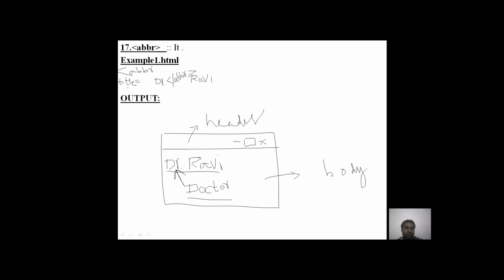So title is equal to doctor. I am closing the abbreviation tag. So Ravi will be displayed automatically on the screen. Since I am using DR text inside the ABBR tag, DR will be treated as an abbreviation. Whenever the user places the cursor on this DR text, I have written title equal to doctor, so that doctor will be displayed here. So this is the sample output.